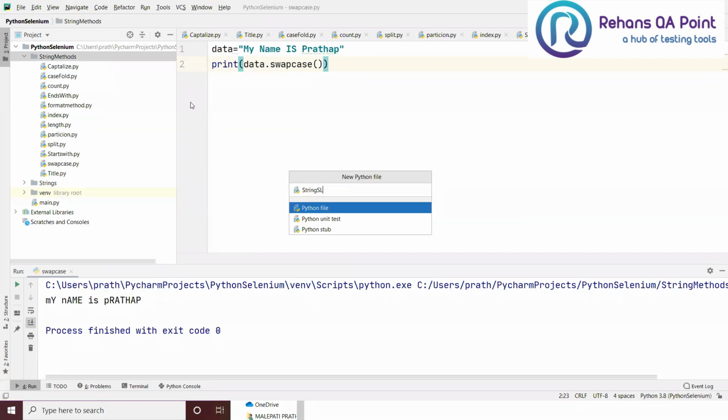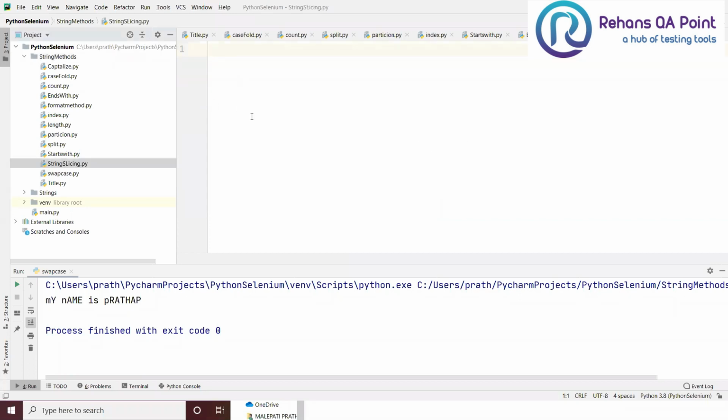So I'm going to create a file called string slicing. I have data as "I'm learning Python for my automation process."